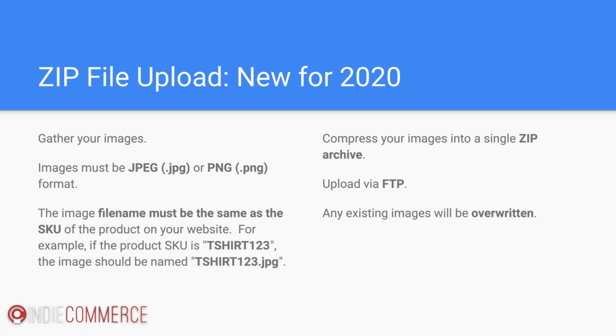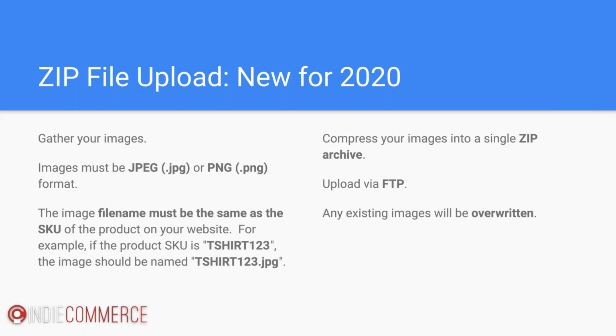One feature that is new for 2020 is the option to upload your pictures in a zip file. Since the book importer launched, we've always offered the option to use another website to upload photos. But a lot of stores have given us feedback that they already have pictures on hand, locally on their computer. They're not necessarily online anywhere.